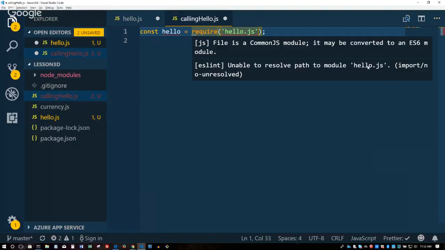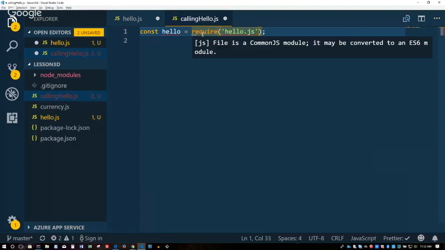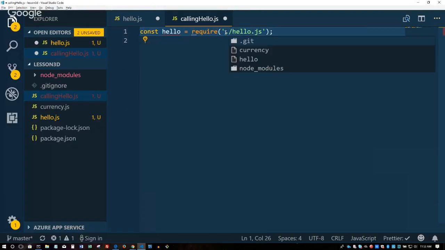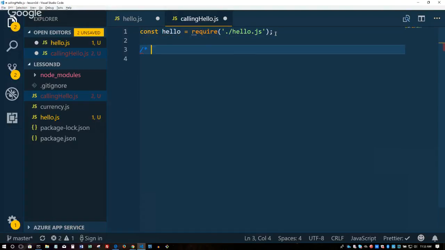hello.js. So look, it's trying to look for this inside your node_modules folder. So that's the first thing it checks. So the hierarchy is, whenever you say require whatever, the first thing Node looks for is whatever's in that node_modules folder. So in this case, because we created it on our own, we have to give it a relative path, ./. Now we're going to call the public, i.e. exports, function in hello.js.